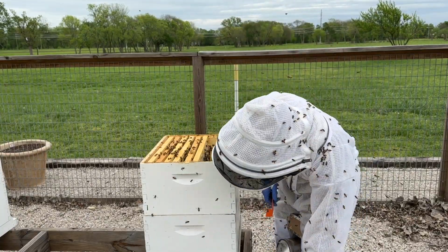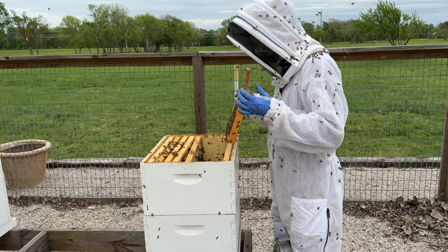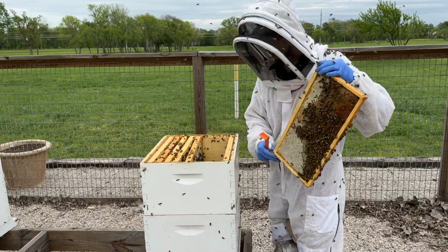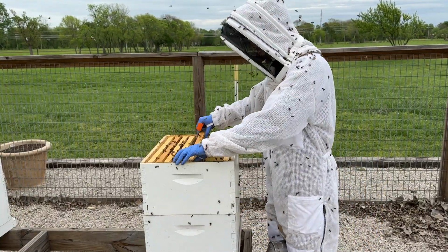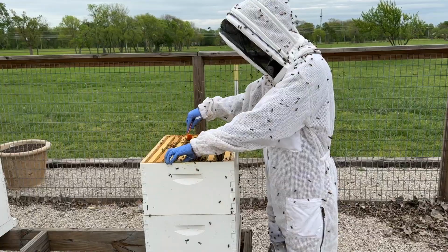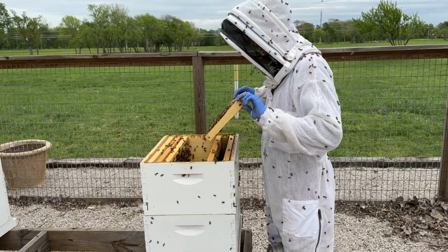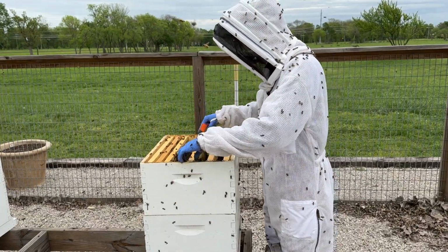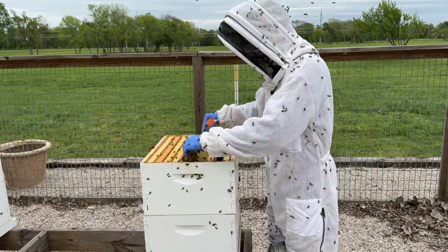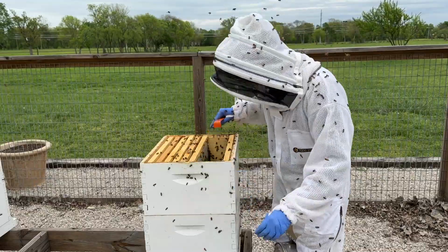If you spend much more time than that, then there's a good chance that the queen will actually run down into the bottom box. She'll run into the bottom box or onto the bottom board, and you'll never actually find her. So again, I'm just repeating this process, looking at the facing frame, then looking at the frame at a downward angle, skimming my eyes across the tops of the bees, and I don't see her in this top box. So I'm going to replace the frames, and again, trying to move fairly quickly,